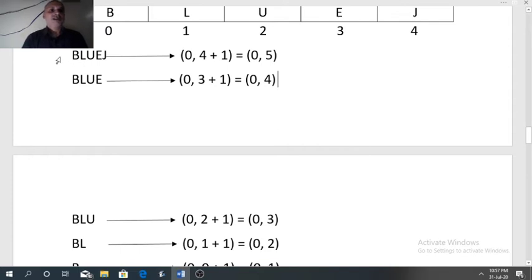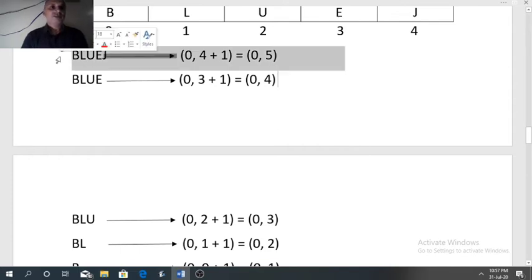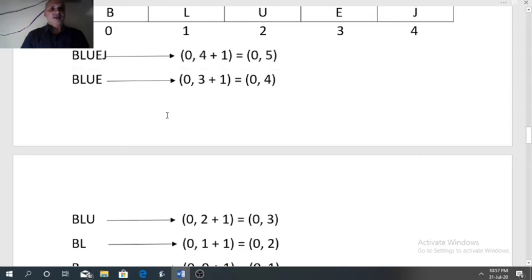If you analyze the first row, that is BlueJ, here in the ordered pair we have to write the starting index of the character and the last index of the character. So here the first character is B, that is why the index of the first character B is 0.